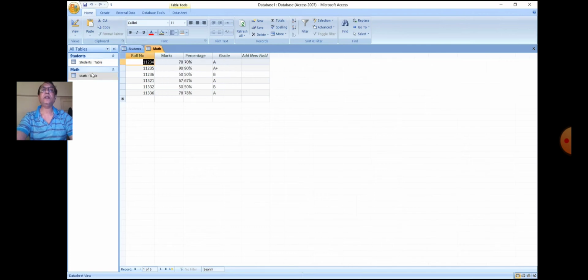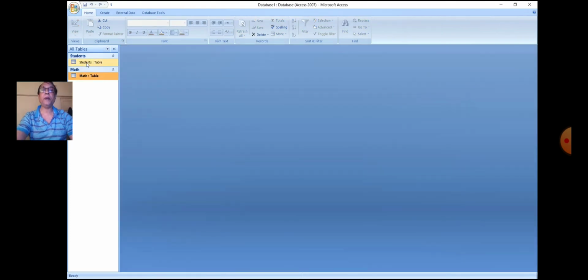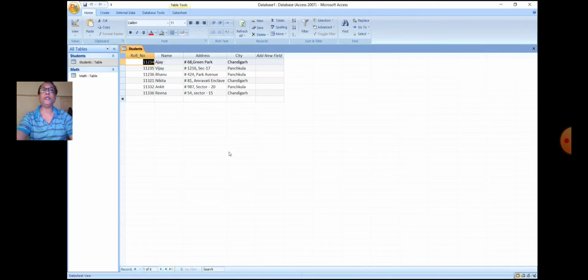The marks table, you have roll number, marks, percentage and grade. Now let us open one of the tables, that is student table, which is the parent table.